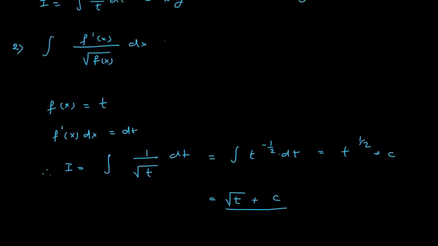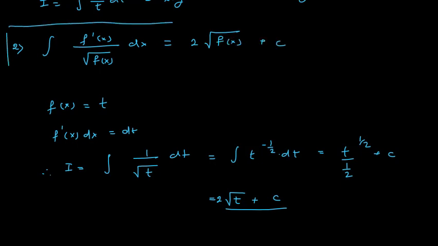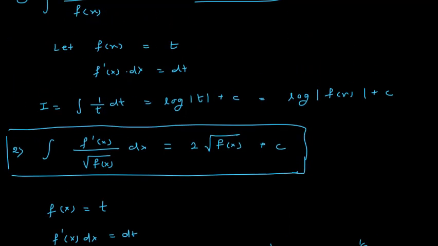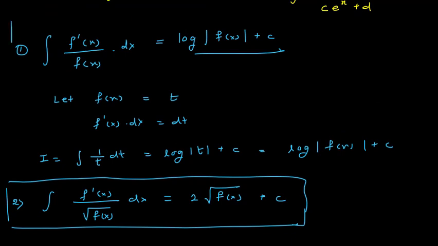So the integral of this is, one more thing, here in the denominator I have half, so it is 2 root t, so this is 2 root f(x) + c. So this is one result that you can use directly, and this is another result. Okay,